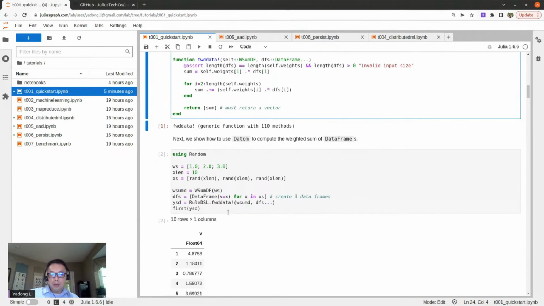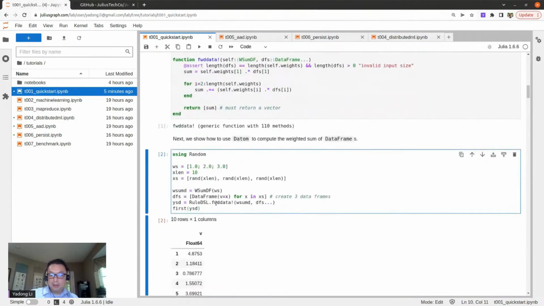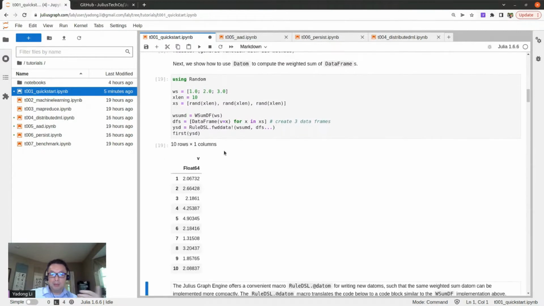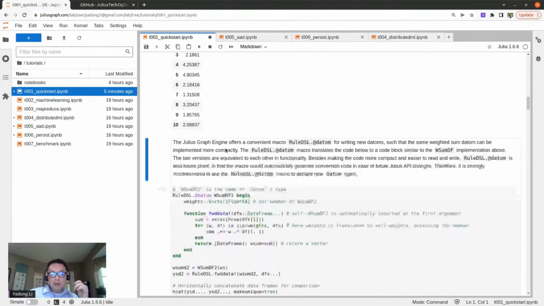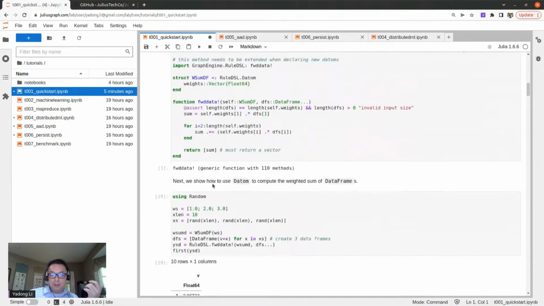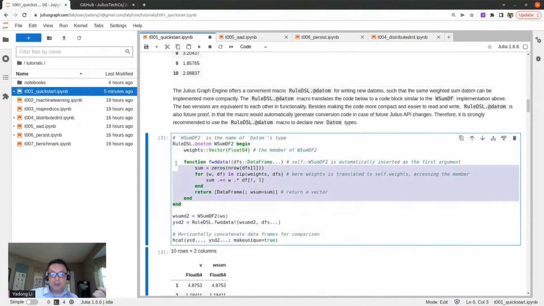So here this is just plain vanilla Julia code, nothing special. And from that, you can easily see it does what it's supposed to do. When you have a few data frames, you can compute the weighted sum of them. Also, besides this plain vanilla Julia way of declaring datum, we also offer a macro to declare the